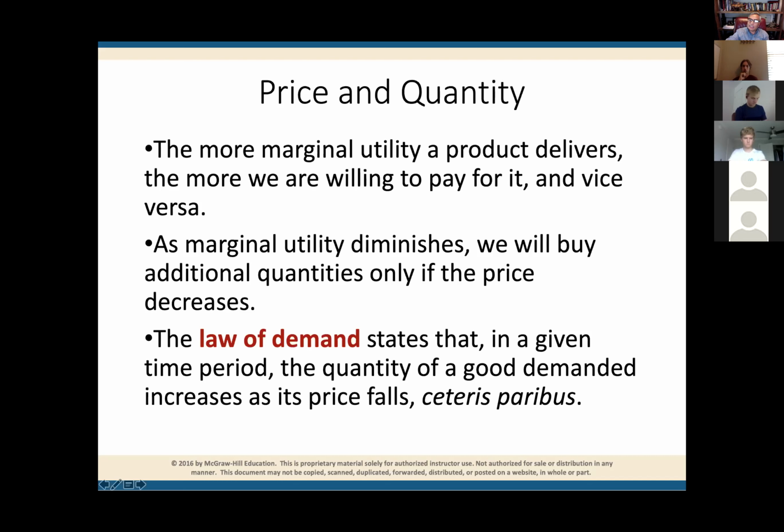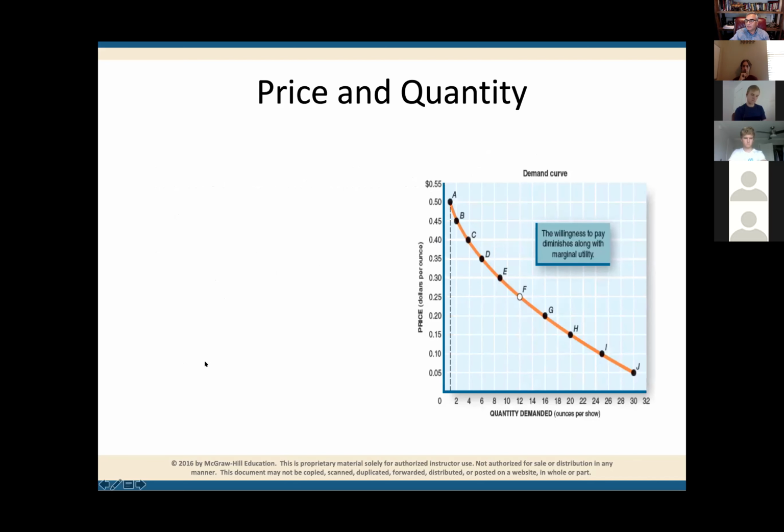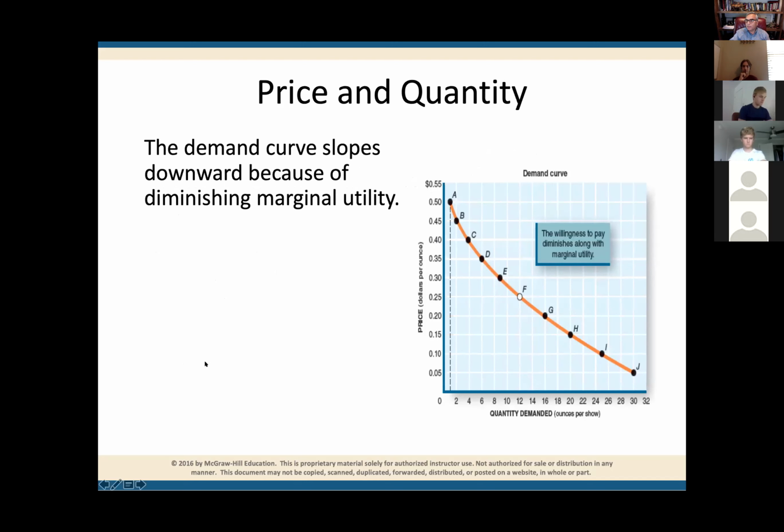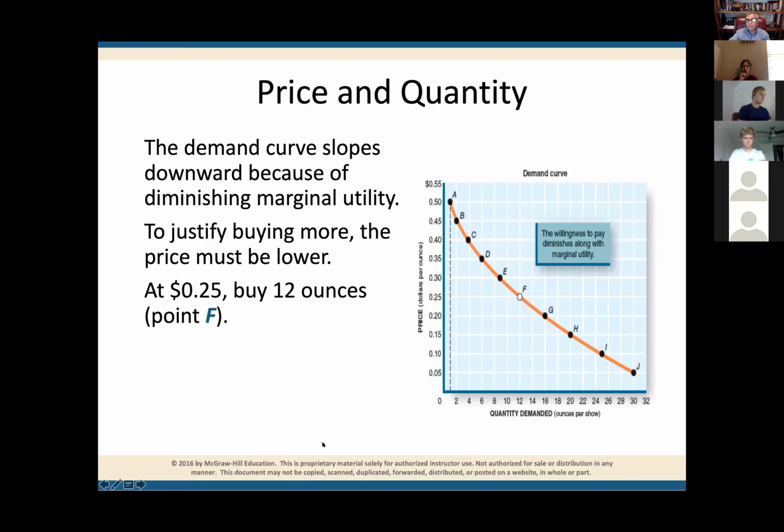So again, this explains our behavior in relationship to the law of demand. We simply say that in a given time period, when the prices go up, then we simply buy less. And we already know how the demand behaves. The reason is because the more units that I consume, the less satisfaction I'm getting. So I'm not going to be willing to pay a higher price for this product when I know it's going to give me less and less and less satisfaction.